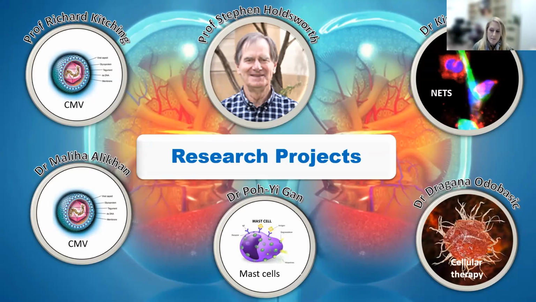Myself, I am inhibiting the formation of neutrophil extracellular traps, which are pathogenic in vasculitis as they damage the small blood vessels in the kidney. What I'm trying to do is stop this pathogenic form of cell death, while also preserving the function of neutrophils, which is our first line of defence. So this is not a very long list of projects that are available. Any one of these researchers would be happy to talk to you.